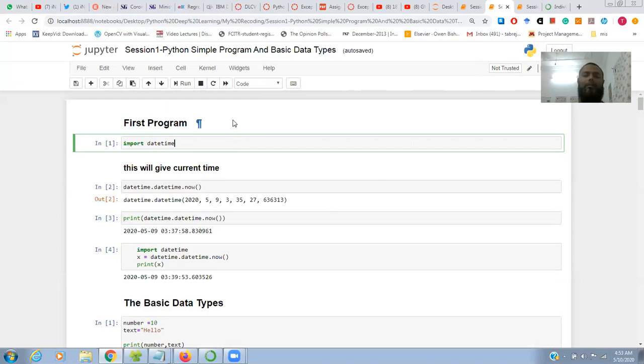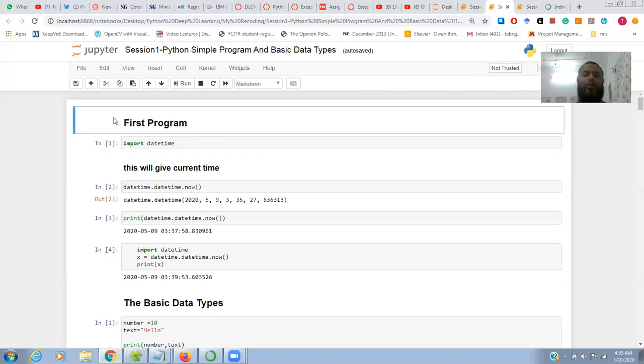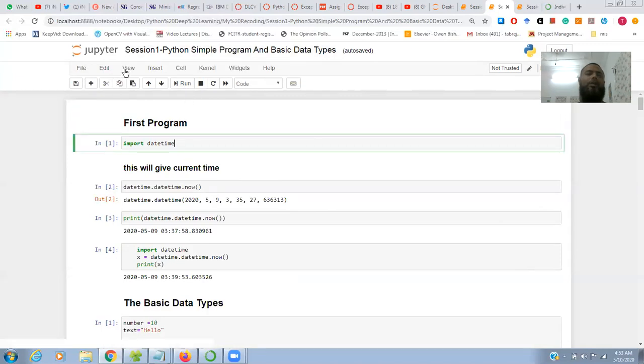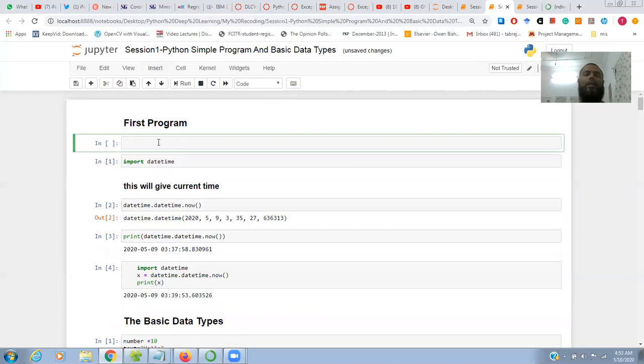For that purpose, here in Jupyter, I'm just going to explain what Jupyter is and how you can work here. It is very simple. You can click here, run. This is a cell. You can insert a cell here and write any program, like 1+1.